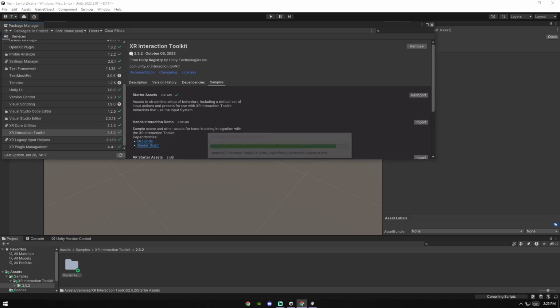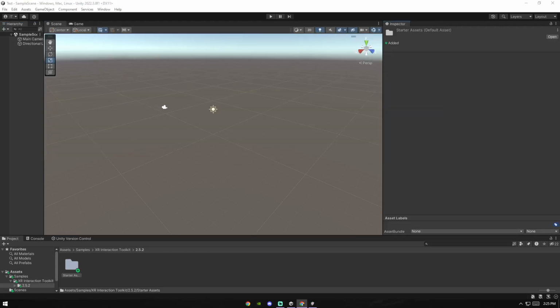You don't want to do this one. What you want to do, you want to click on toolkit, just click on samples. In order to starter assets, just click import. And now this should be here. Now just X out of that. Now if it didn't put you in the file already, just go back to assets, go to samples, go to